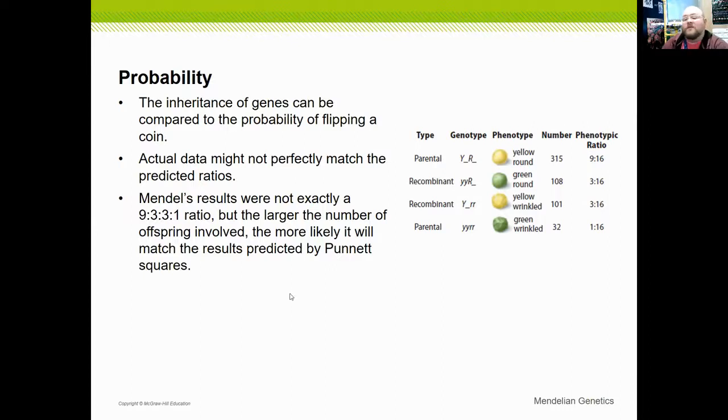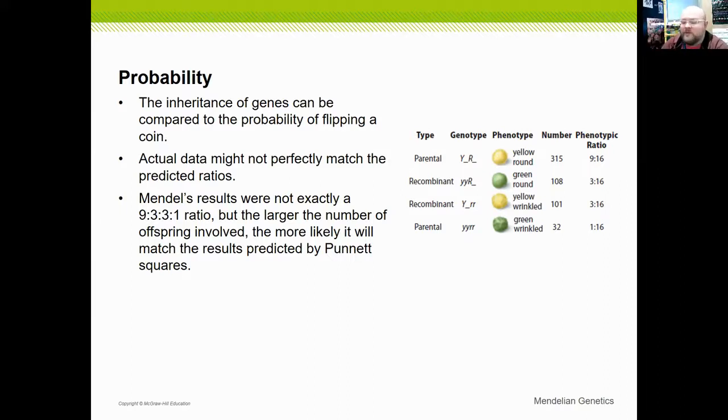If you flip a coin 50 times, you could get heads 50 times, or you could get tails 50 times, or you could get heads 10 times and tails 40 times. That's actually how it works with genetics. It's random, but we are able to use mathematical ratios to figure out the probability, like what might be extremely possible to happen. And Mendel's results were not exactly a 9 to 3 to 3 to 1 ratio, but the